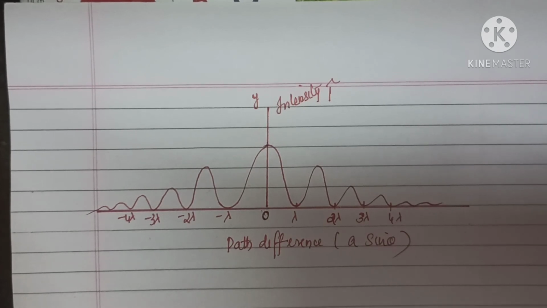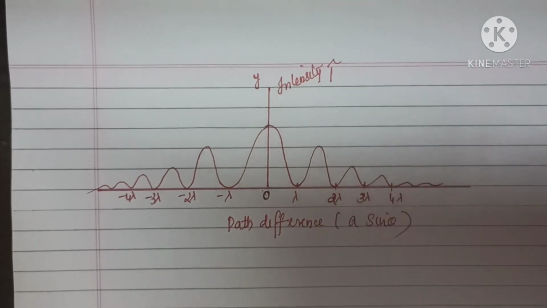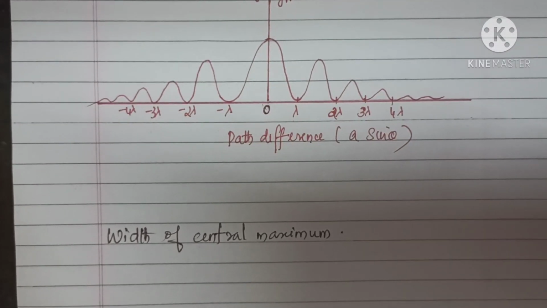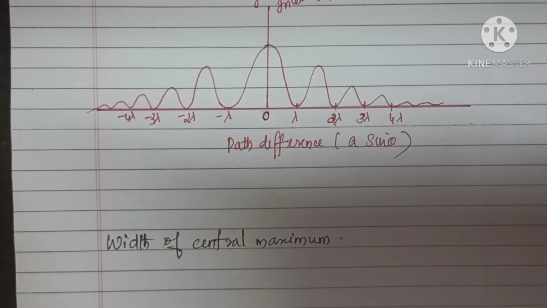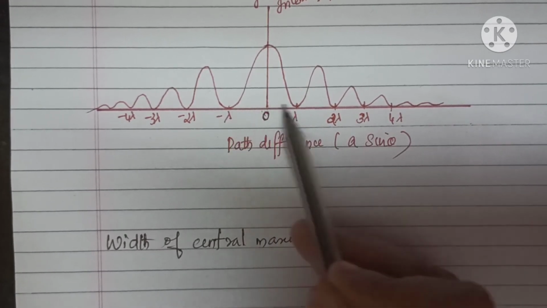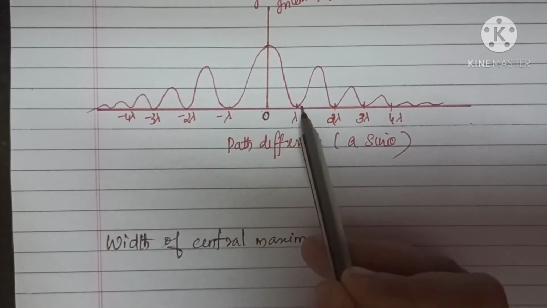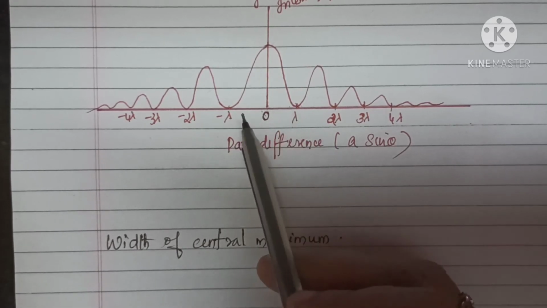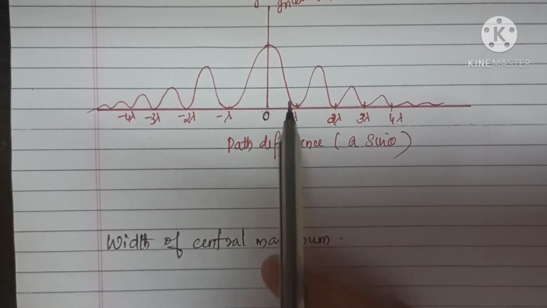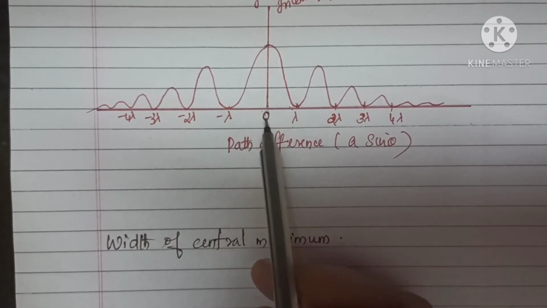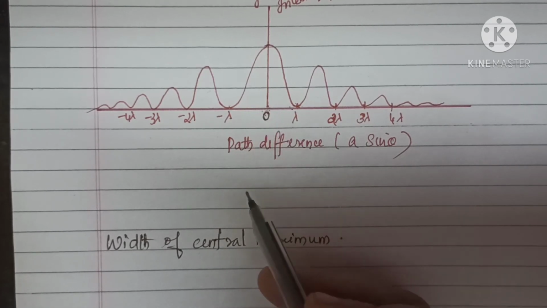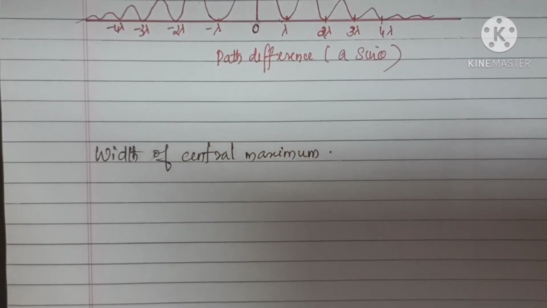Okay, now we are moving to another important term in this lesson, that is width of central maximum. So width of central maximum means, in this figure you can see these are the first secondary minima points on both sides. So this distance between these 2 points, that is the distance between first secondary minima on either side of the central bright fringe, is known as what? Width of central maximum. So how can you define this width of central maximum?